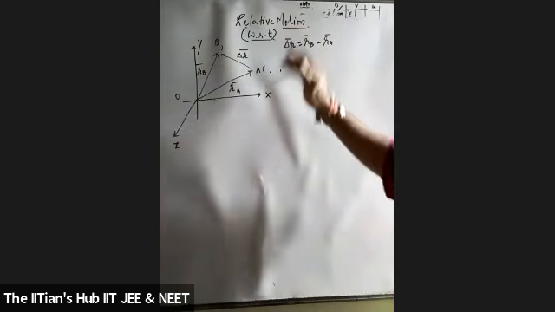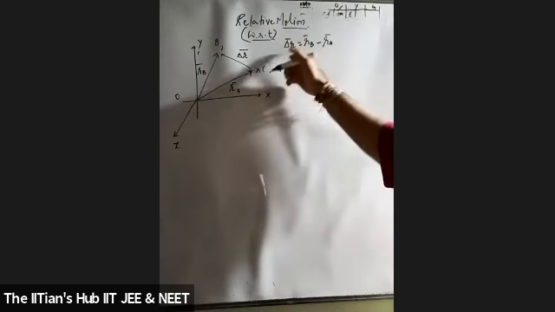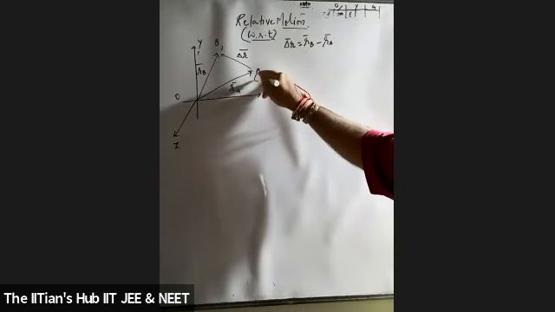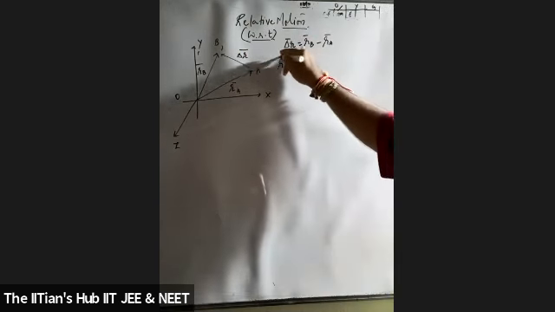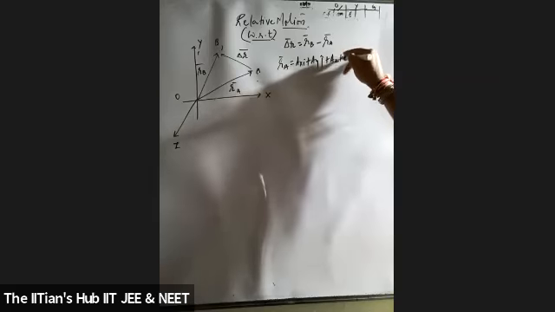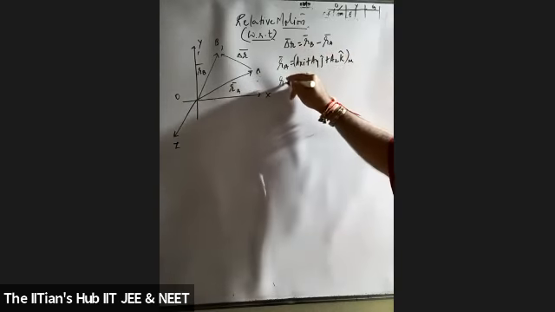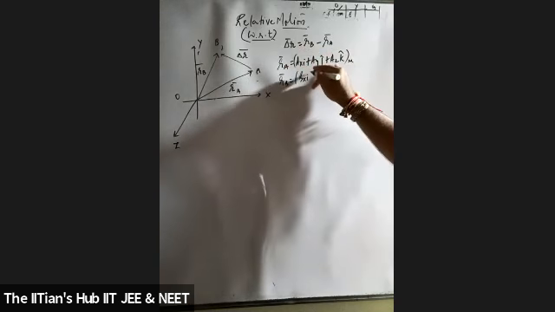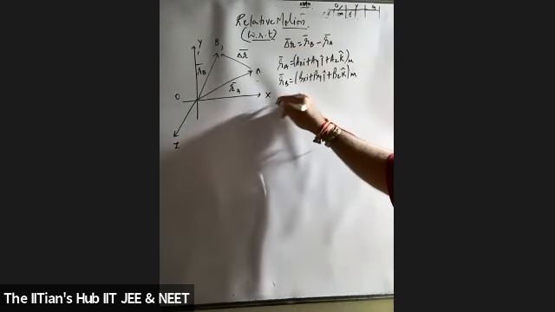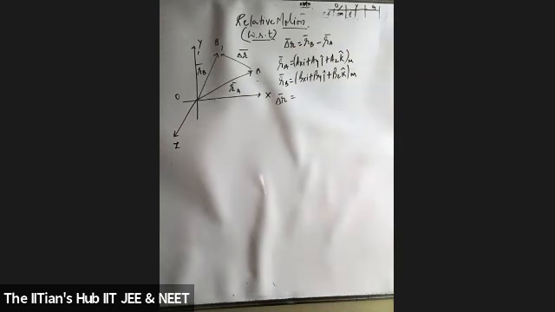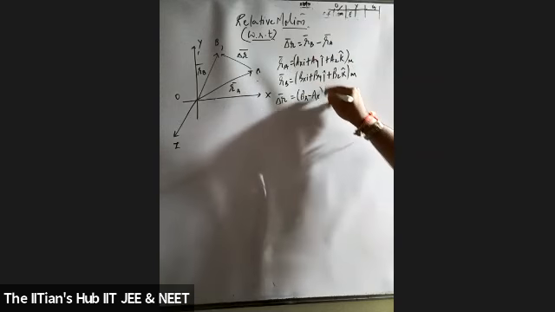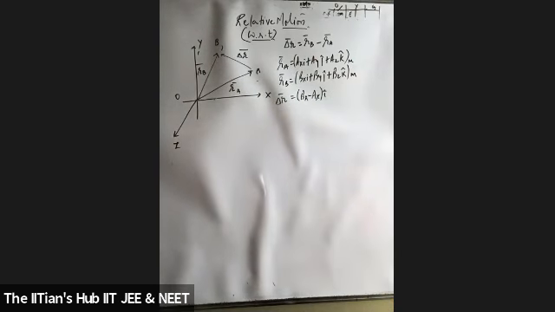If I want to find out the magnitude of this, what should I go for? Students, how should I go for the magnitude of the displacement? Kya karoge? Chalo, let me put in this way. Let me take this in terms of your RA. Let me consider your RA as ax I cap, ay j cap, az k cap in meter. Okay, let us consider RB, students: bx I cap, by j cap, bz k cap in meter. I want change in position, displacement. So what do we do? Agreed? Yes, sir.